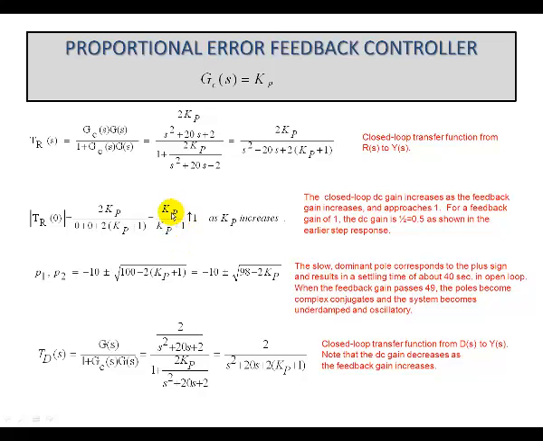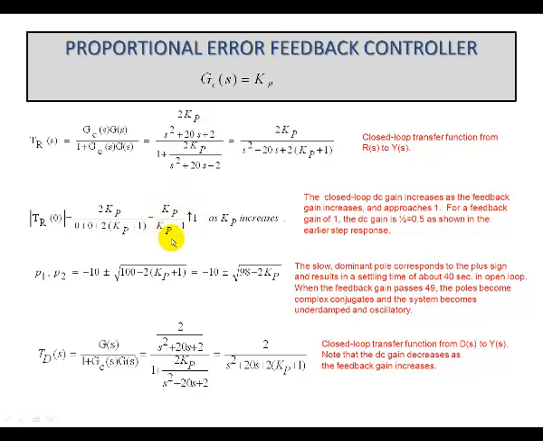Now, notice if Kp is 1, the DC gain will be 1 over 2, or a half. And that's exactly what we found when we looked at the closed loop step response. For a feedback gain Kp of 1, the steady state output was going to a half. And similarly, as Kp increases,